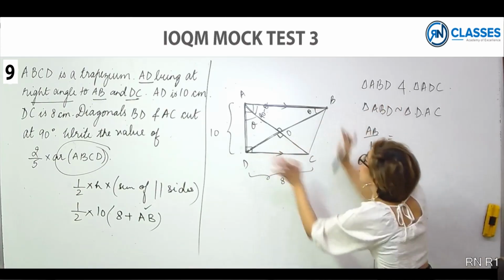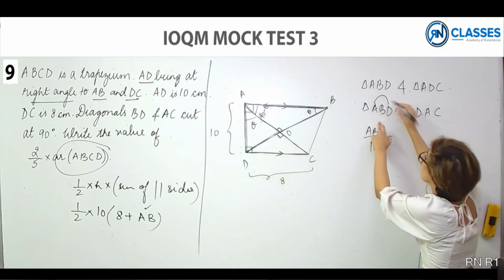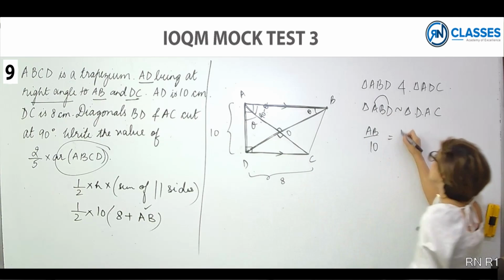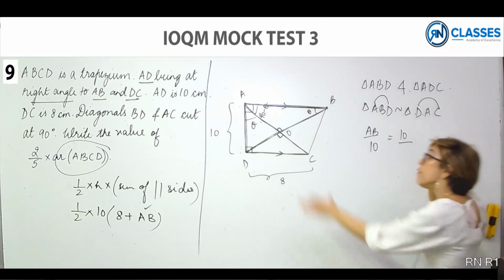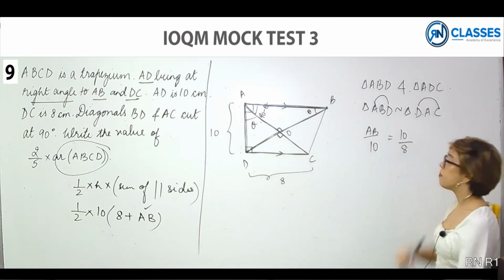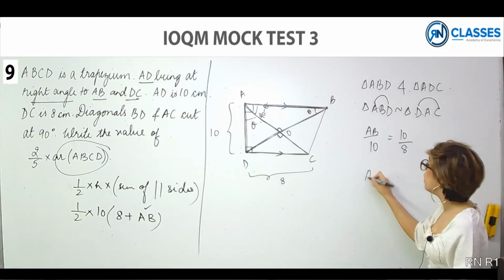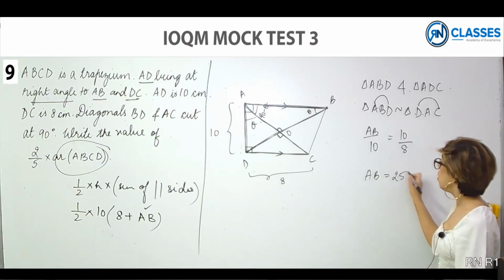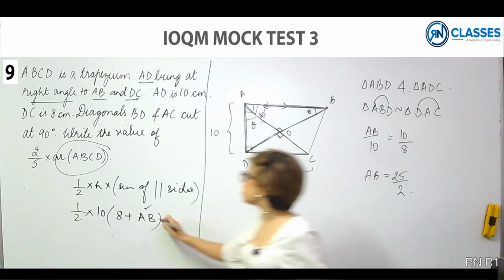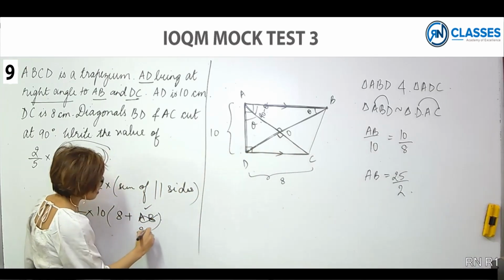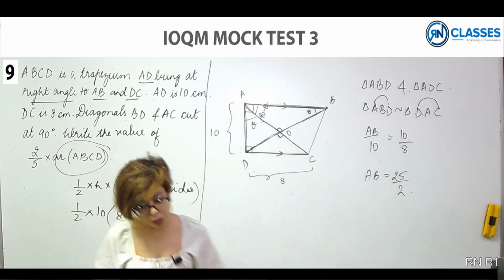BD I do not know, so I will not touch it. AD, let me check, AD again I know that is 10, divided by DC, which again I know. AB is nothing but 25 by 2. Just substitute it and you will get the answer. The answer for this question is